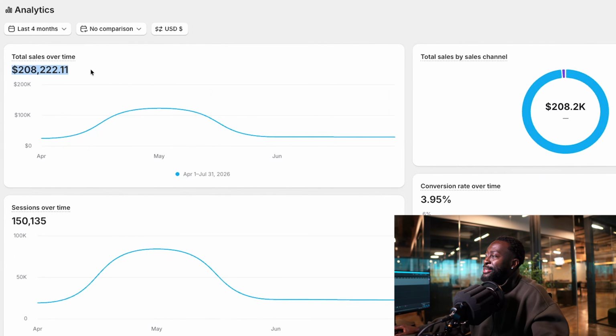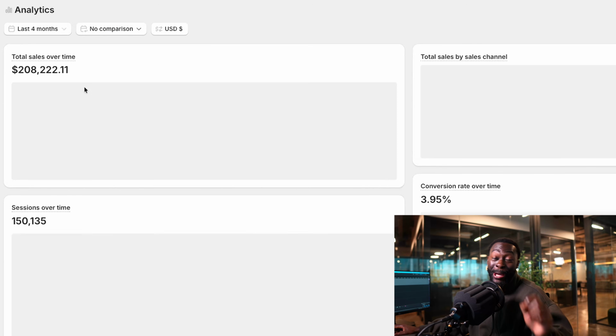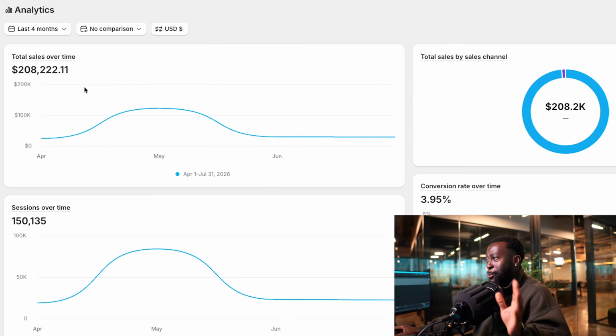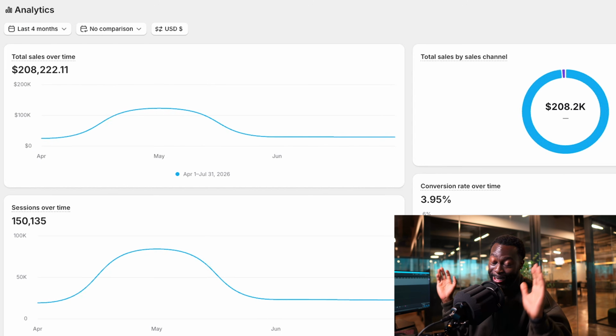See this amount of money, it allows me to pay my rent without any worry. So here's exactly how I built the digital product using Claude AI that helps me pay my rent. Disclaimer, my results don't mean that if you try this, you're gonna get the same results. But then again, all I did was try, and now I can pay my rent and do whatever the heck